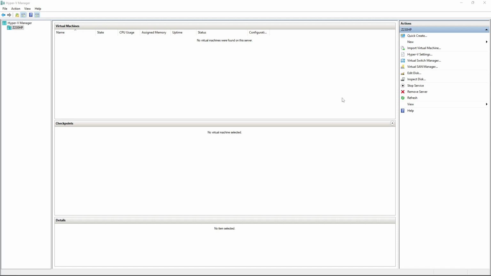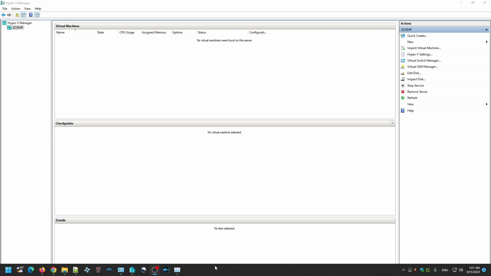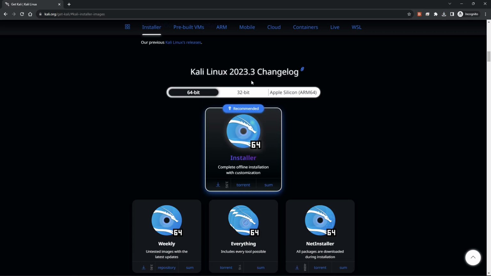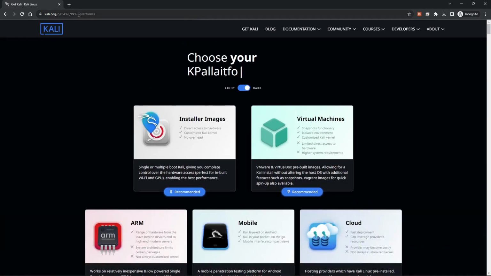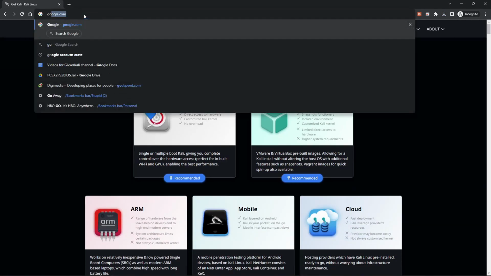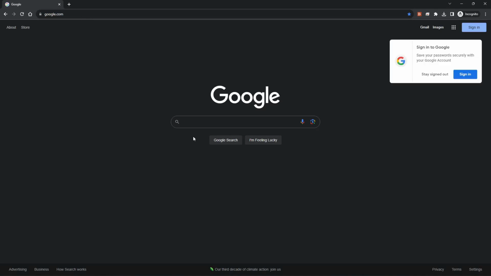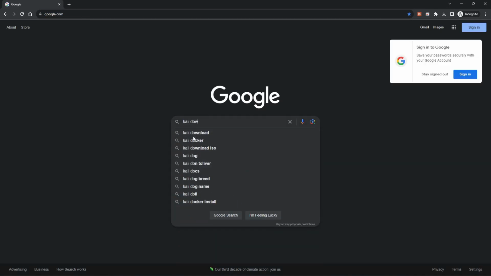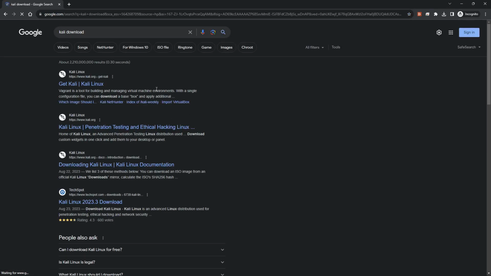So let's get started. First and foremost, we want to have the Hyper-V feature enabled, so I already have that enabled. And because I do, the next thing for us to do is to download the Kali Linux media. It's really easy to find Kali Linux by just typing Kali download into Google, for example, or going to